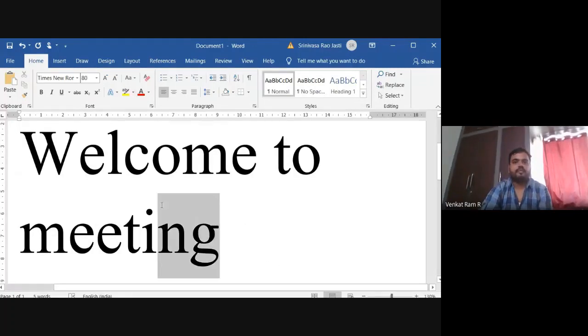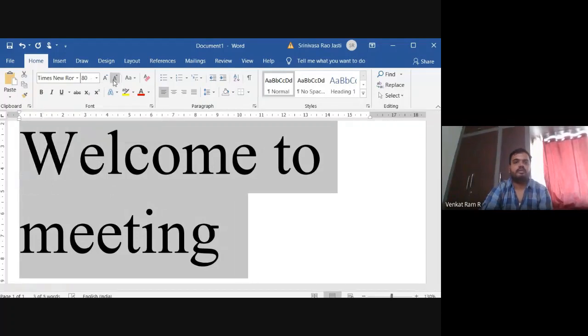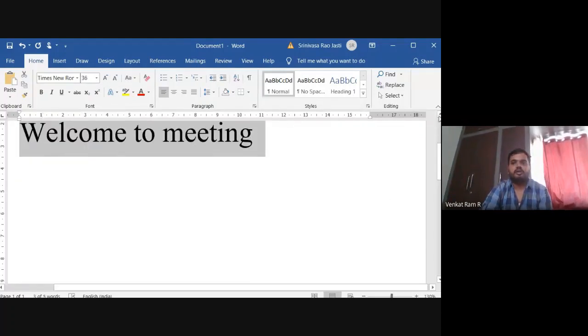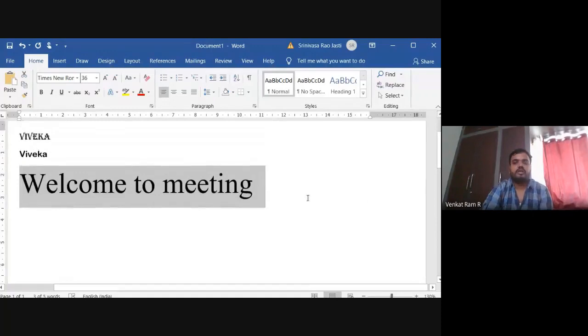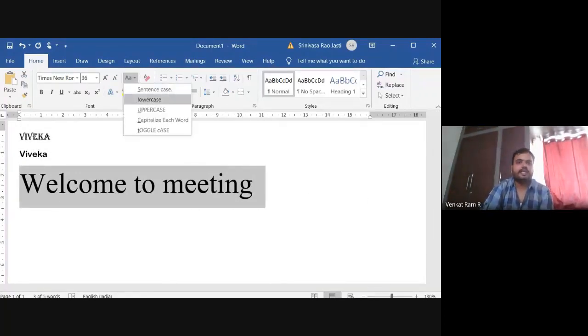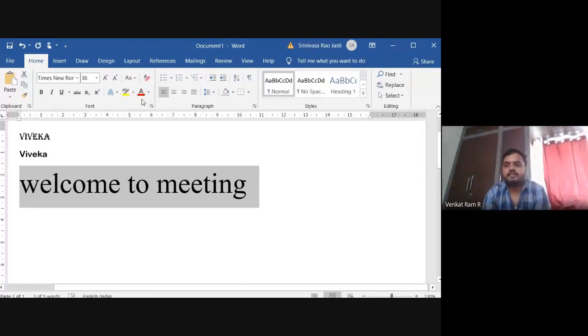See here. So what case is this? Sentence case. And next, there is lower case where all the characters will be turned into small letters.